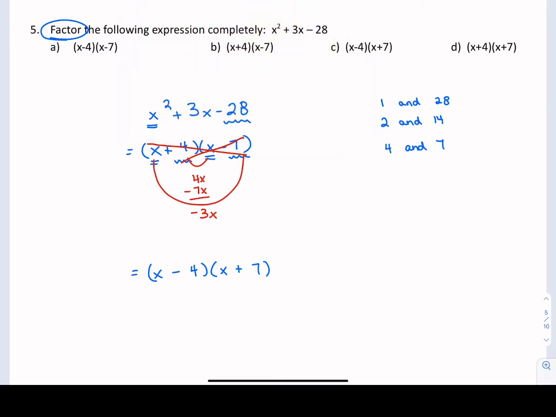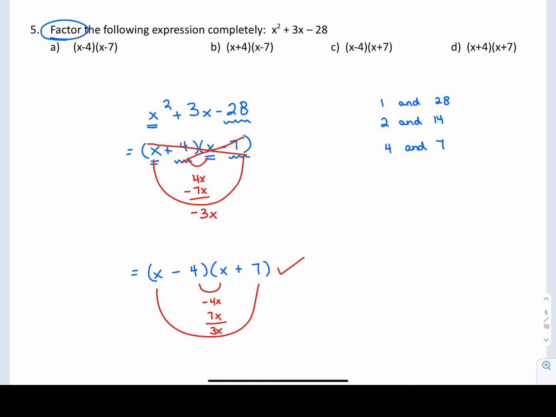SMILES check really quickly, negative 4 times x is a negative 4x, and x times positive 7 is a positive 7x. When we add those together, negative 4 plus 7 is in fact positive 3x. So I know we've factored that correctly this time. So this little smiles check works really well when you have simple trinomials or when you have general trinomials, because